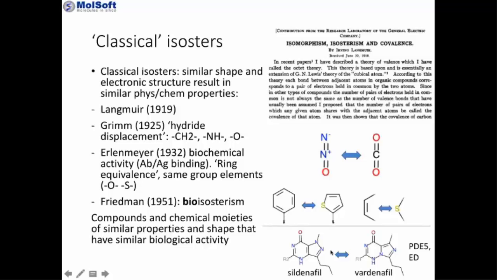And if you look at some recent blockbuster drugs at the bottom here, PDE5 inhibitors, let's say, you can see that these molecules are basically isosteres. Some atoms are being moved inside this heterocycle ring system, and the two molecules share activity against the target, PDE5. Now,